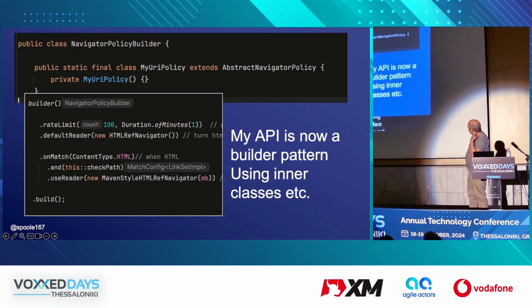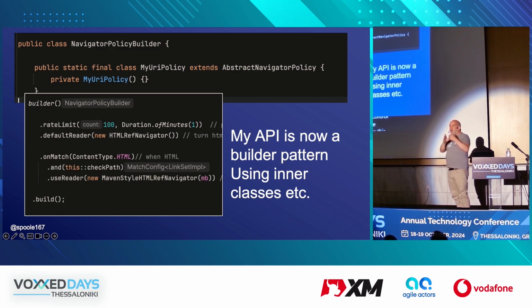And then I have builders, right? My builder, which is in this example, uses inner classes to construct a pseudo API structure. So for complex APIs, I don't have to have complicated constructors, I just have builder patterns. The bit at the top says navigator policy builder. Look, it extends this abstract navigation policy. So I'm using abstract in this way so that my inner class doesn't have to have all the code. I can keep all the code in the abstract class.